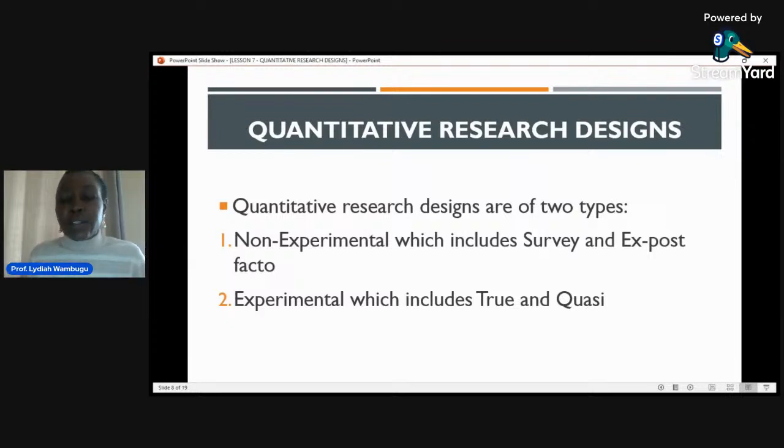When you're telling us why you are anchoring your study on that design, what you should write is how that design is related to your problem. It is not what Wabogo has written, that survey, there is no manipulation. That does not tell us why you have anchored it. You always think about your research problem. And now you bring in the fact that survey